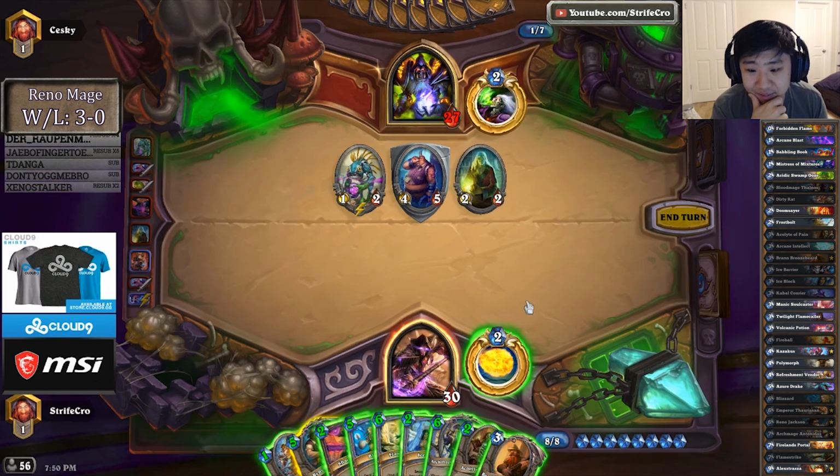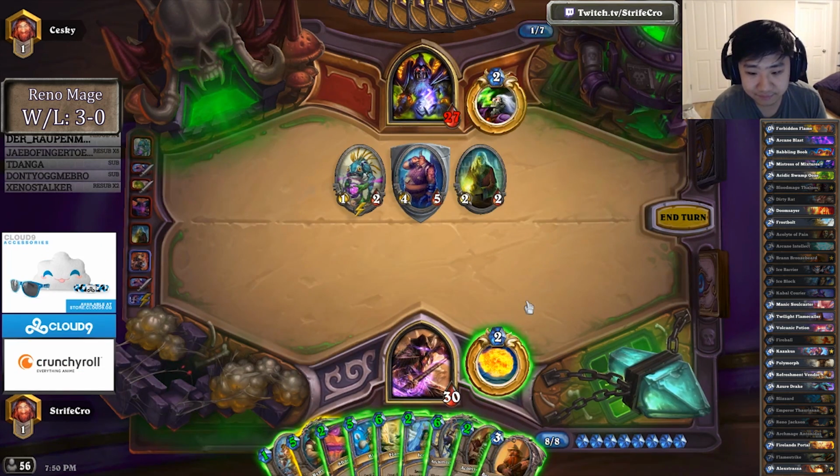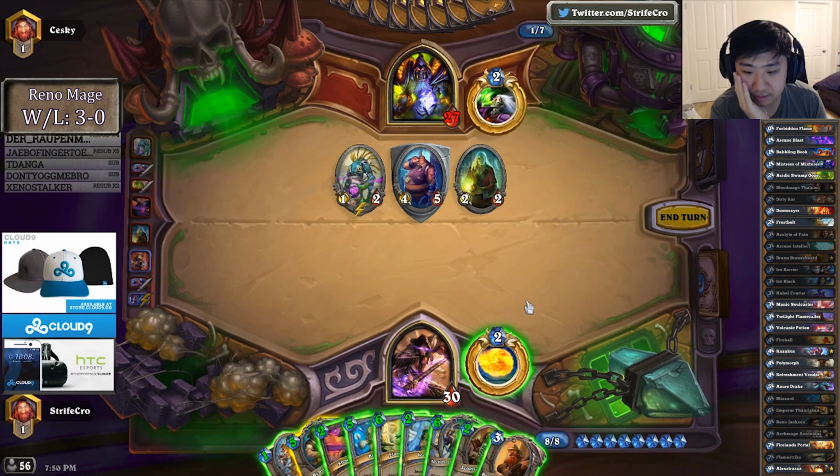I think I play Ice Block. He can mill me, maybe. 1, 2, 3, 4, 5, 6, 7, 8, 9. I play 2 cards. If he hits me for 3, I mill a card. So let's play 3 cards if I...